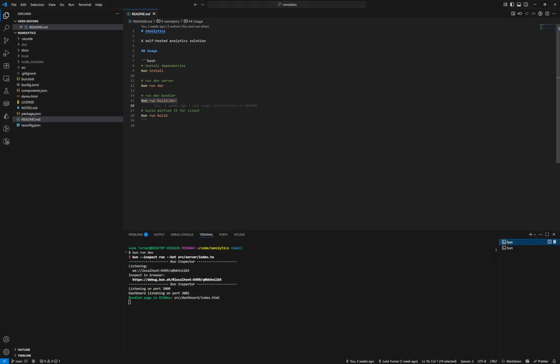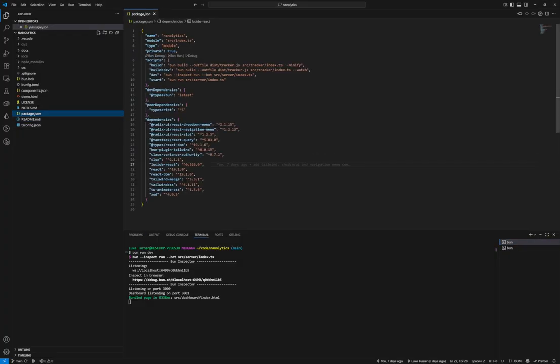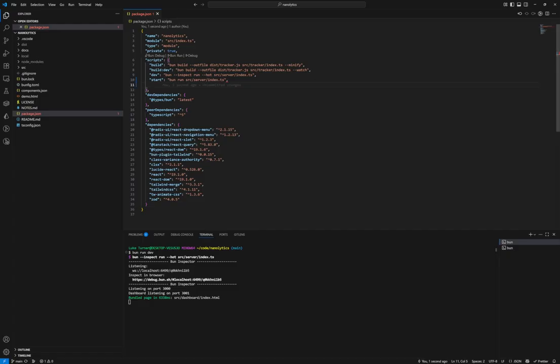But before we actually get too much into the dashboard, there's something else that I'm kind of excited to do today. Last stream, I talked about some issues I was having with using shadcn UI and Tailwind with bun build, where this build command, in this case, I'm just building the tracker file, but if I were to try building the whole site, we would run into some problems. And I've since actually managed to fix that, and I want to set up a build for the whole site